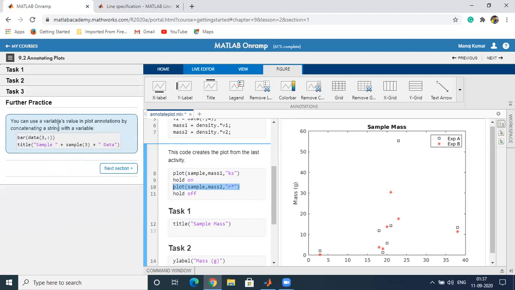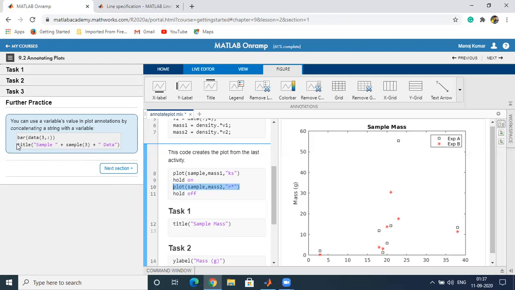You can use a variable value in the plot annotation by concatenating a string with a variable. So if within the title we want to add some value, then we can use the concatenating string command. For example, bar plot will plot a bar chart of the third row from the data.